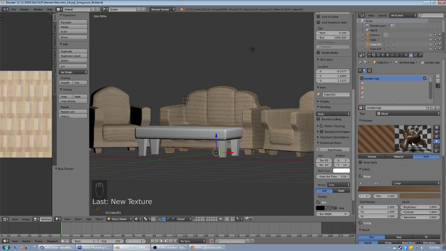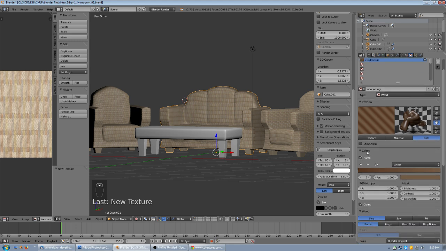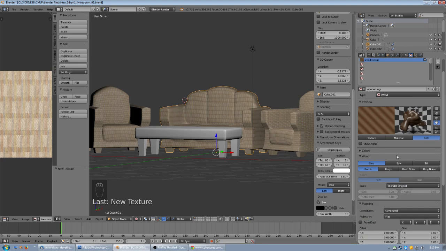Now it's looking better already, but still not quite wood. So now the way we get the wood grain and the wavy lines and everything is going to be down here under the wood setting. So let's collapse our colors. And there's 3 different types of wood that you can do. The sine, which is like a mathematical sine, cosine, tangent. This is basically the straight diagonal lines. If you go saw, it's going to be basically the same thing as sine, but they're going to be a lot sharper. And then tri,